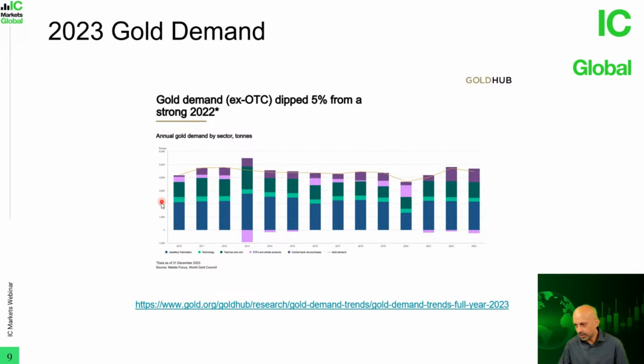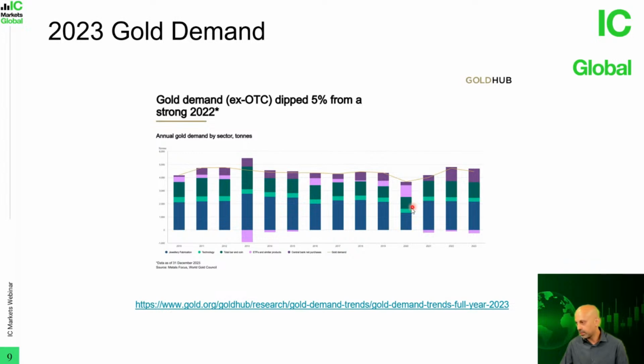Okay, then next looking at gold demand through the years, right? So when we see this chart, it's showing us gold demand from 2010 all the way to 2023, and it also gives us the total demand of gold globally, as well as breaking it down into the various sectors that I had mentioned earlier, right? Jewelry fabrication, technology, ETFs and similar products. This is investments, total bar and coin. This is physical gold, and then central bank net purchases. Central banks also sell gold, so they're giving it as a net purchase.